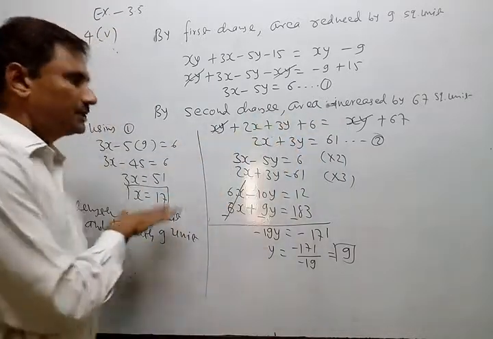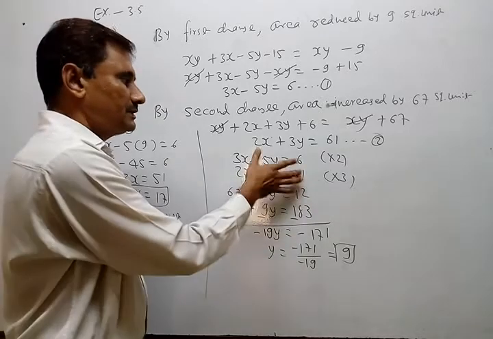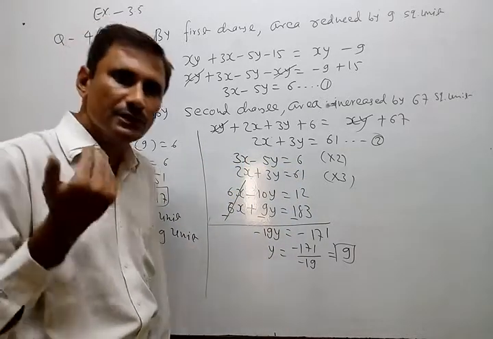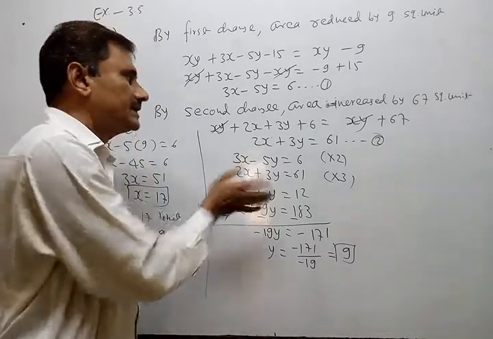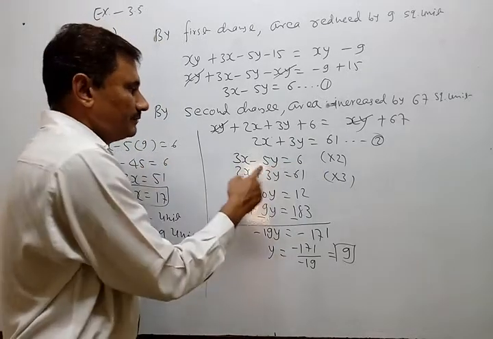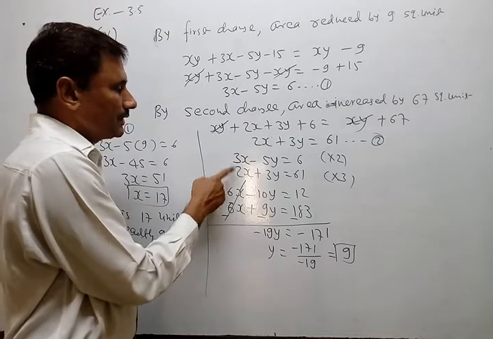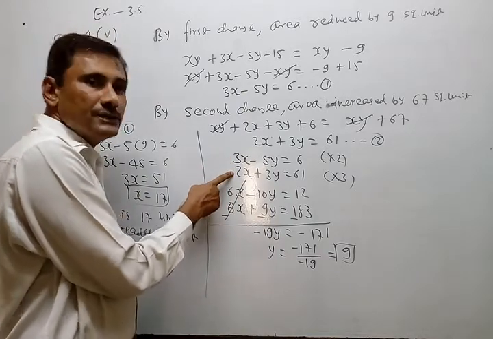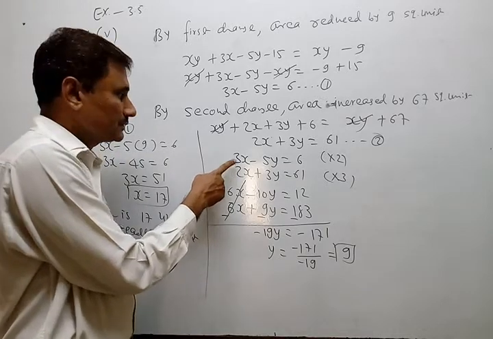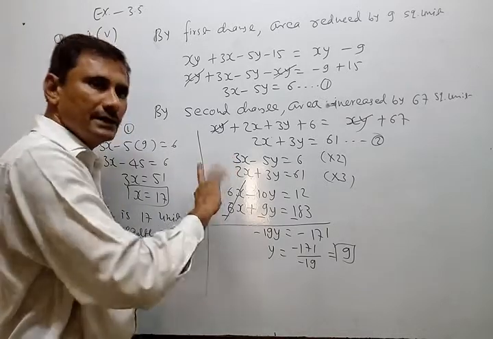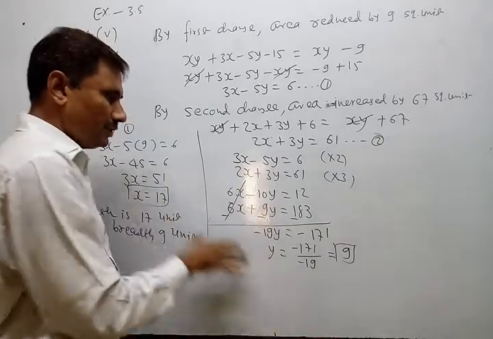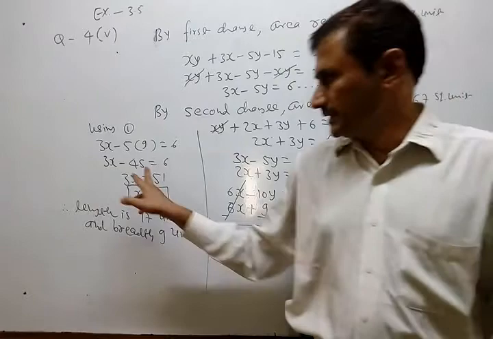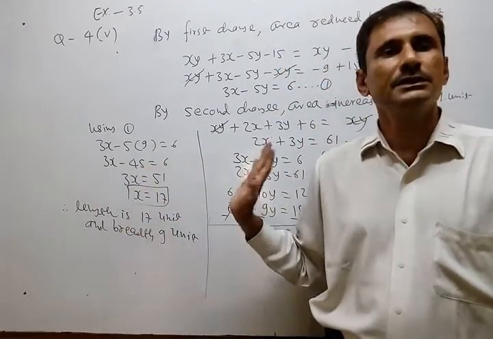Now how to solve, you know. Sometimes both equations must be multiplied. This is elimination method. I mostly prefer elimination method. You also. Okay, because that is advisable. Why? Because no way to get equal coefficient but to multiply both equations by particular number. So this by 2, this by 3. Interchange. Okay. So we got y and x means dimension. Dimension means measurements. The measurements of rectangle are this.